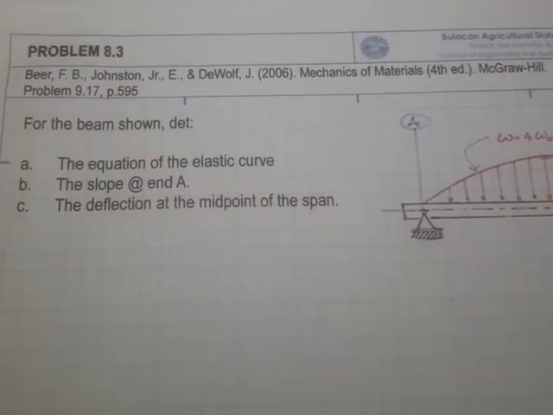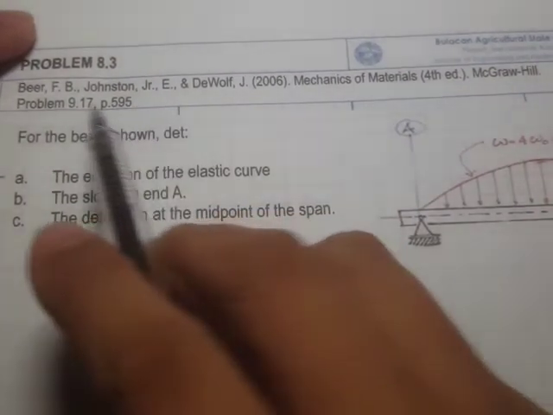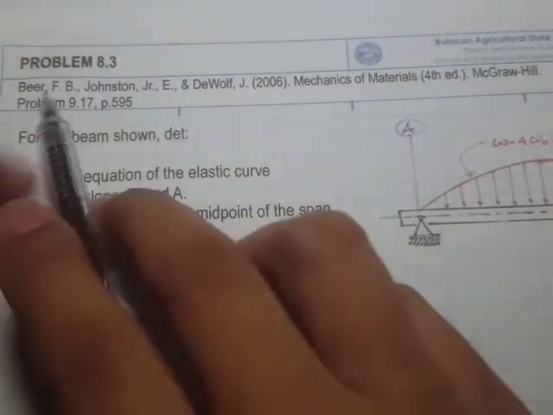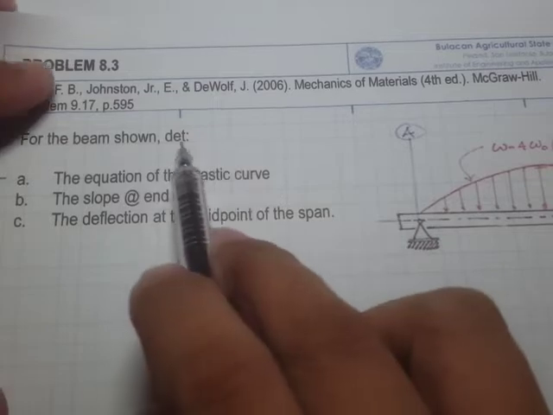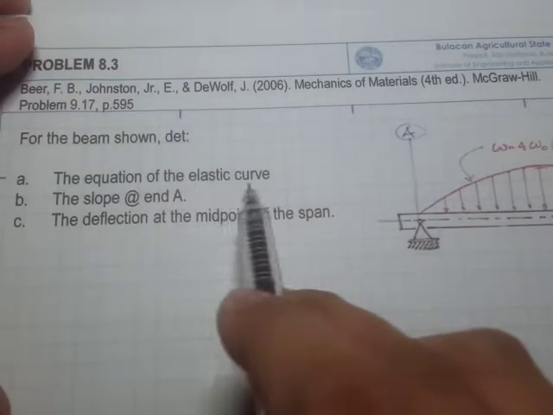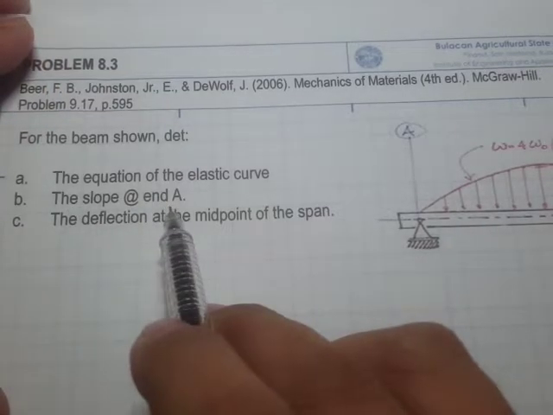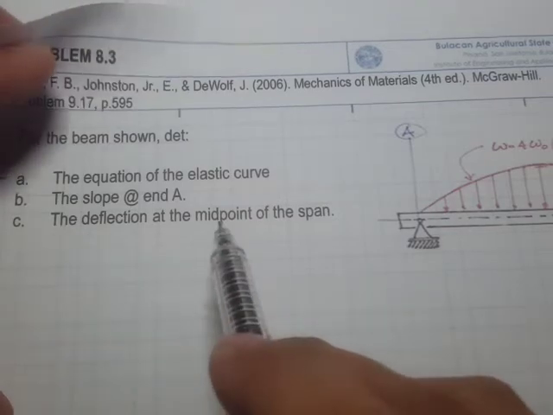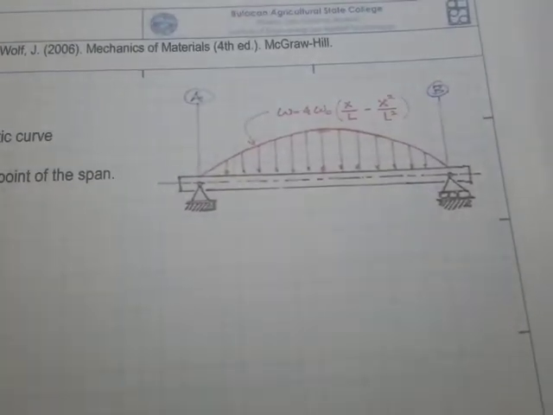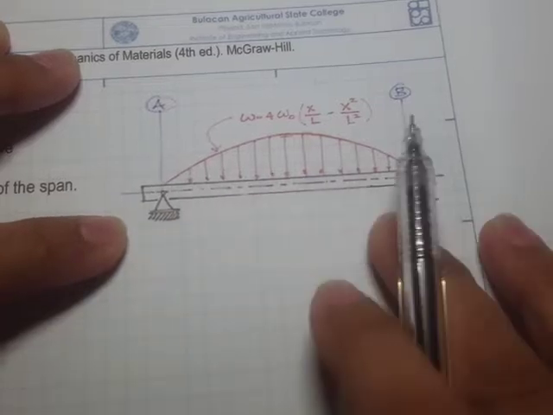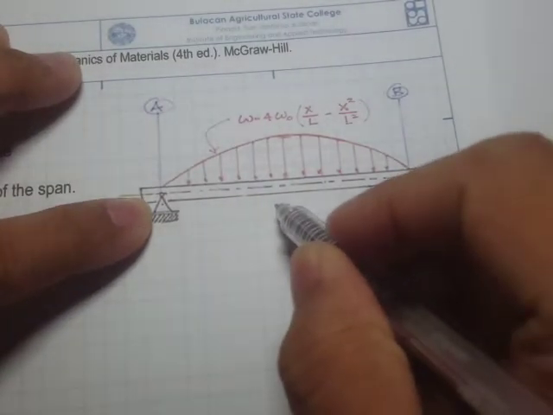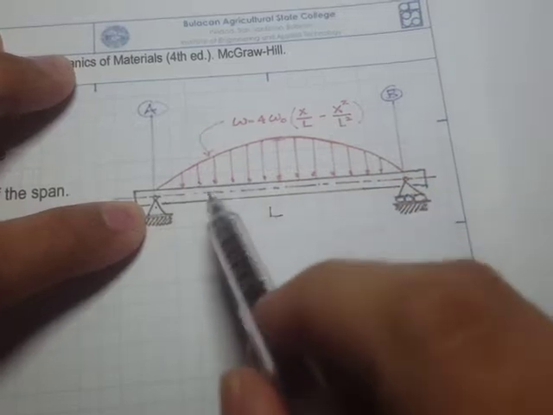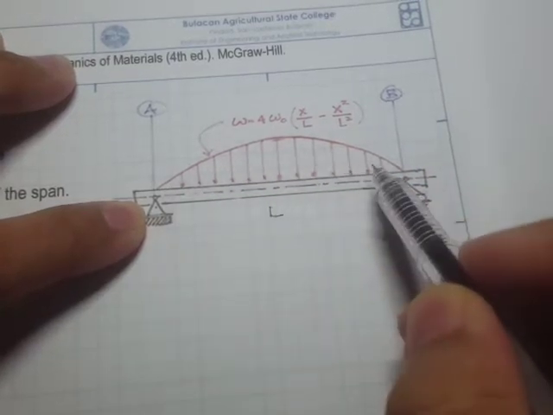This next sample problem is still taken from the textbook by Beer et al. It says that for the beam shown, determine the equation of the elastic curve, the slope at end A, and the deflection at the midpoint of the span. So right here we have this beam. We have point A and point B, and we have the length right here. And the loading is given in terms of